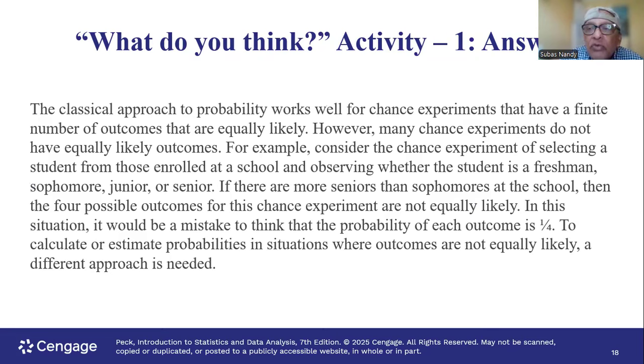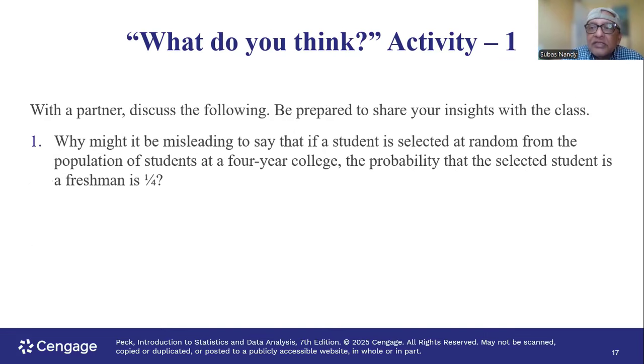The classical approach to probability works in certain situations in life. I'll give you an example, like we already discussed, tossing a coin. That is a prime example of a classical experiment, because classical means the results are not going to change. There will always be two faces on a coin. One face is head and the other face is tail. Probability of head is half, probability of tail is also half.